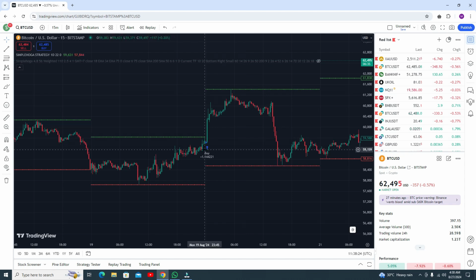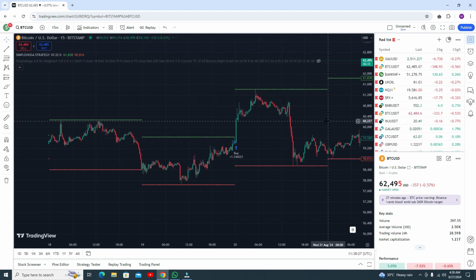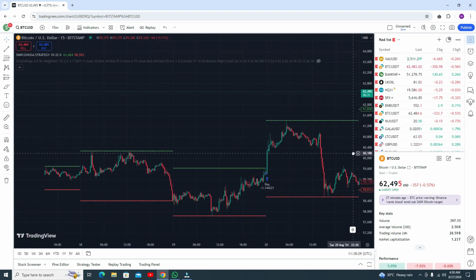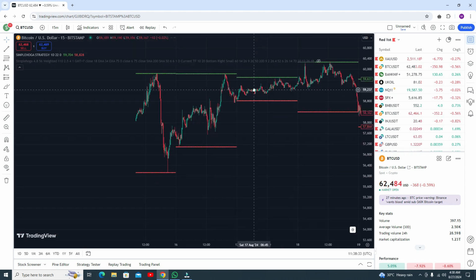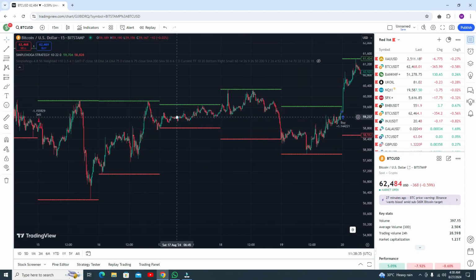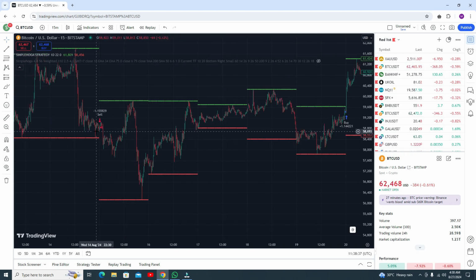Here you got the buy signal, and this is the profitable trade. You can see the market going upside. I need to show you the loss trades. Here you can see, here you got the sell signal and you got the buy signal from this point. So it looks like you are getting a loss in this trade.